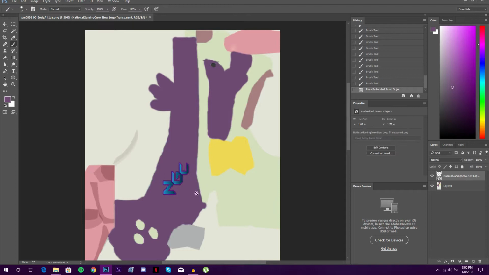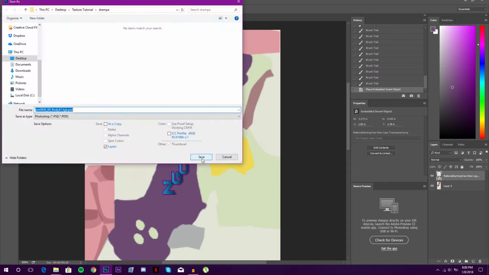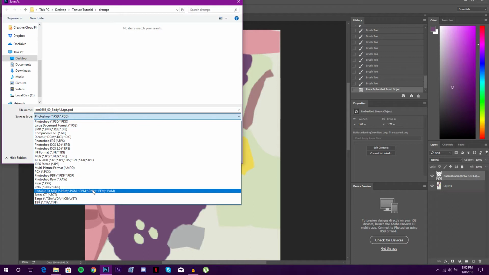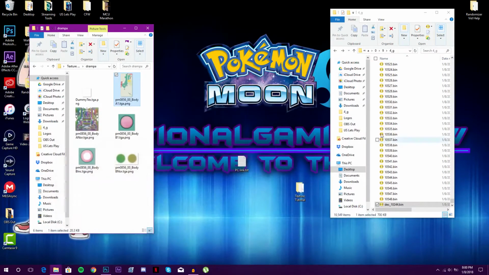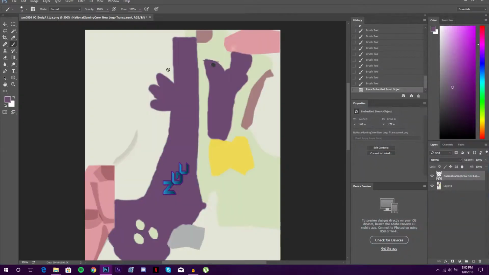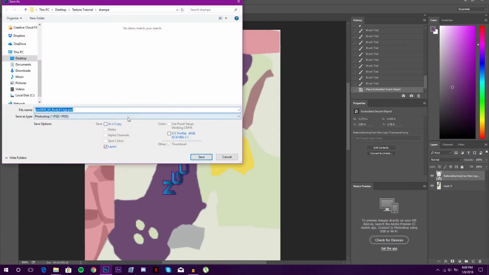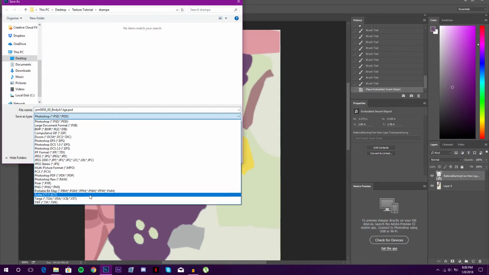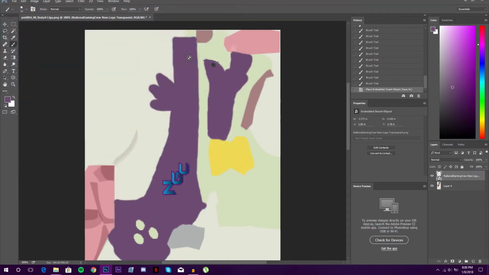And, alright, because if you guys didn't know, file, we're going to go ahead and save as. Save it as a copy, PNG. Actually, cancel, give me a second. We're going to take this out of here just to kind of have that vanilla copy, and we're going to go ahead and click save as PNG and save. I'm not going to edit the eyes because that's going to take too long, but